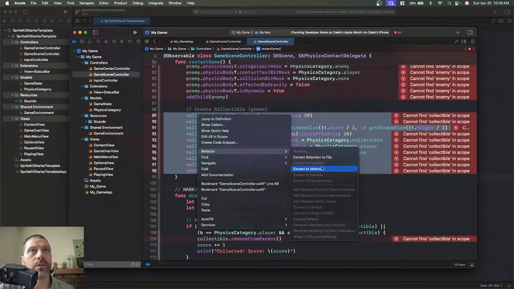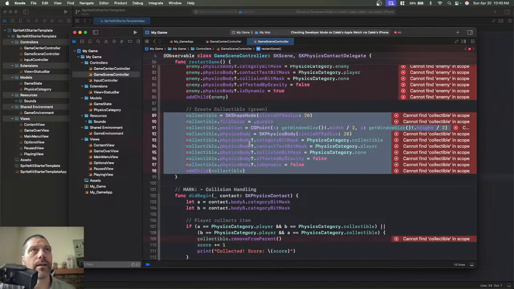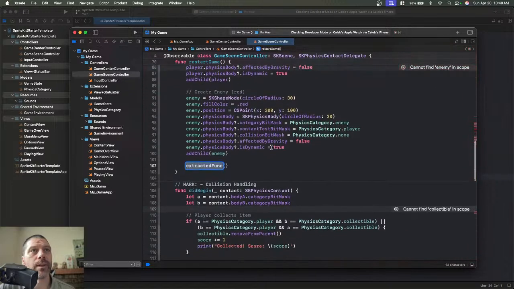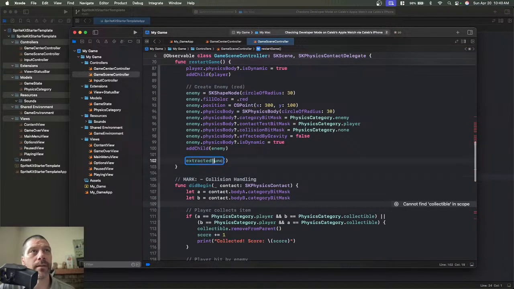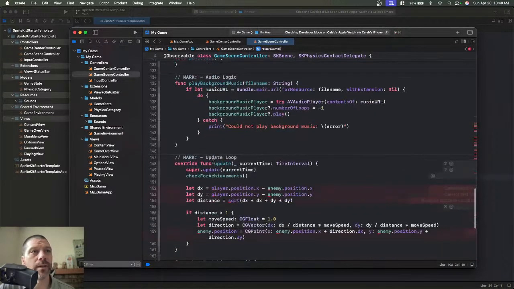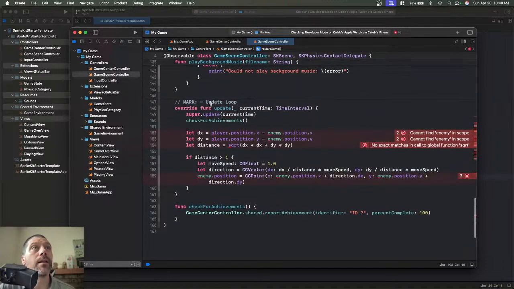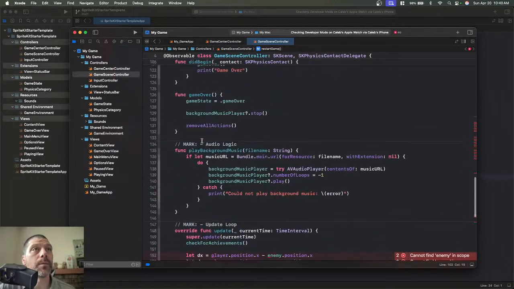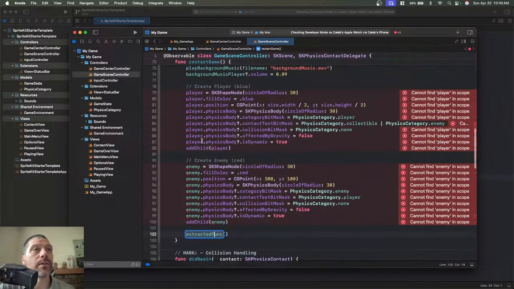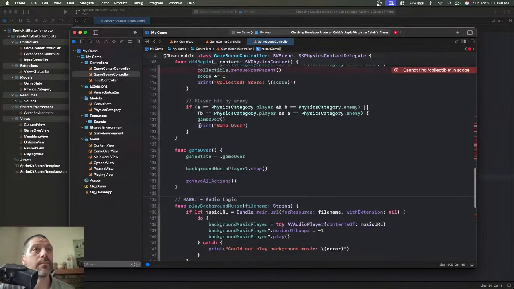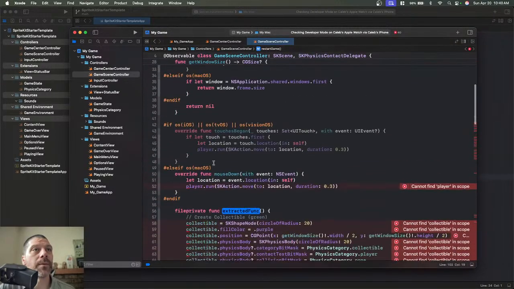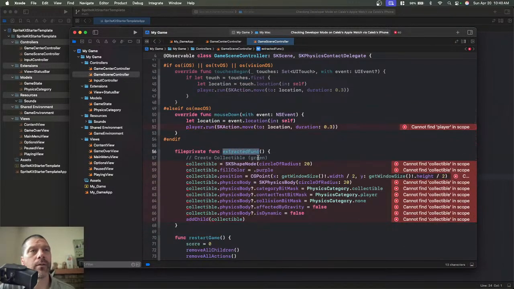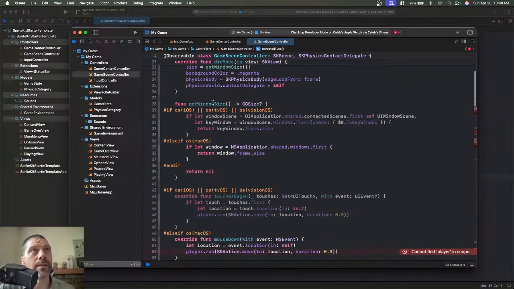refactor, extract a method. Yeah, it's really having a hard time thinking that. You'd name it something amazing like extract collision code, right? Where did it put it? I guess it just puts it right. Oh, does it drop it up on the top? That's annoying. Anyway, you'd clean up the code or delete it, because it's